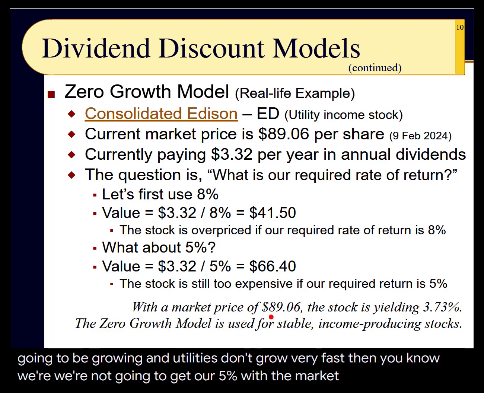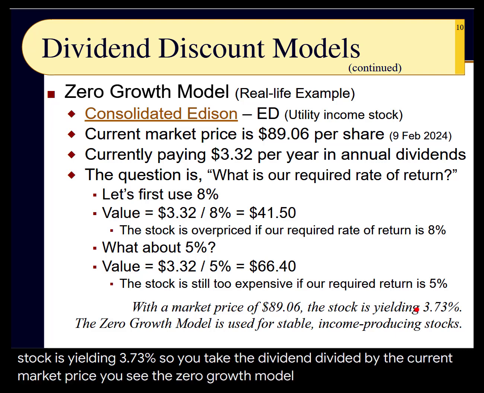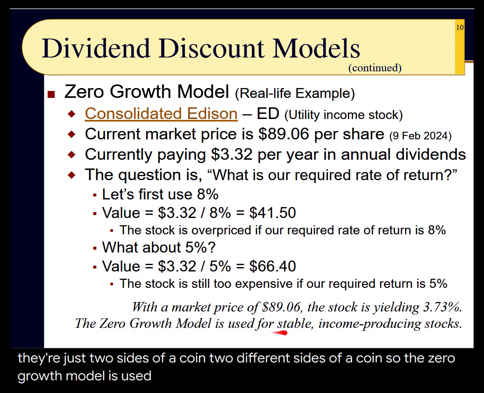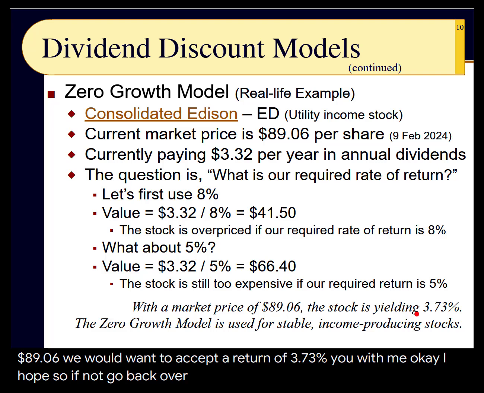With the market price of $89.06, the stock is yielding 3.73%. So you take the dividend divided by the current market price. You see the zero growth model and the dividend yield, they're just two sides of a coin, two different sides of a coin. So the zero growth model is used for stable income producing stocks. With a price of $89.06, we would want to accept a return of 3.73%. You with me? Okay, I hope so. If not, just pause it and go back over it and look at the